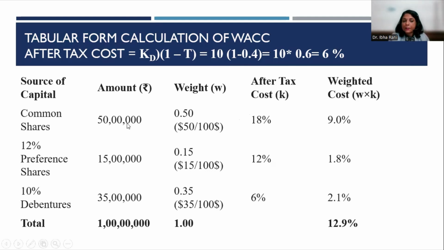So it is 50 lakhs, 15 lakhs, 35 lakhs. We have added, the total is 1 crore. Then we will calculate the weightage, meaning 50 lakhs divided by 1 crore is 0.5, 15 lakhs divided by 1 crore is 0.15, and 35